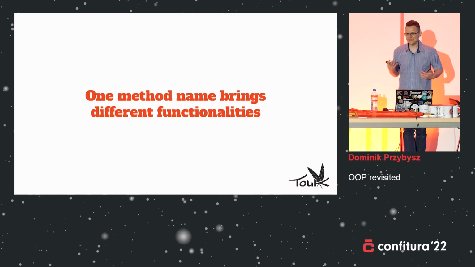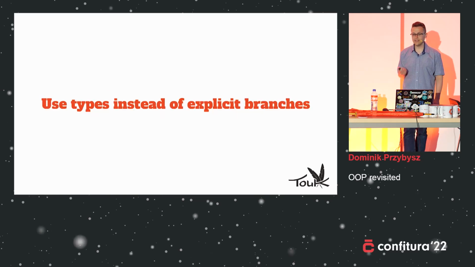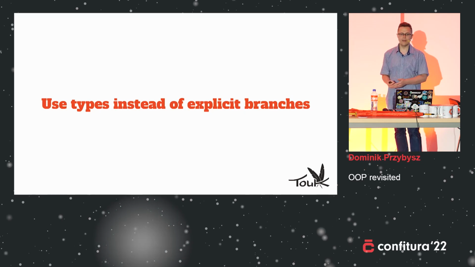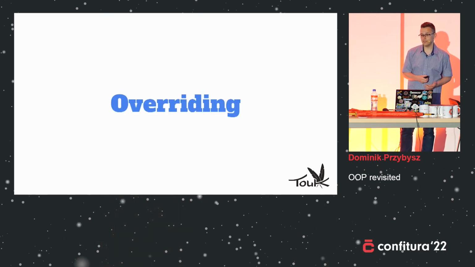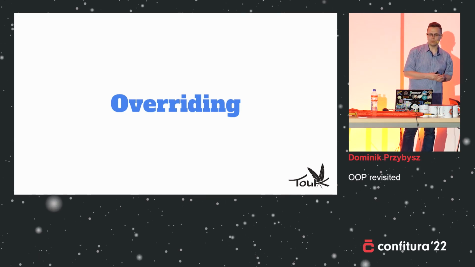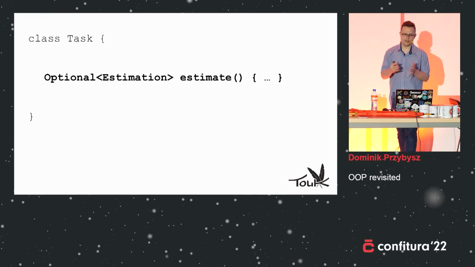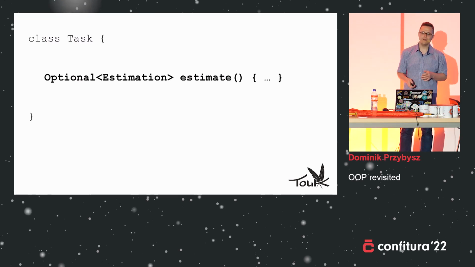So how can you distinguish between those functionalities if they are named in the same way? And this is because you have your type system in your object-oriented programming. And the first manifestation of polymorphism is, of course, overriding, and it's very often connected with inheritance. And in overriding, you can create some method in a base class. Of course, it's not final. So